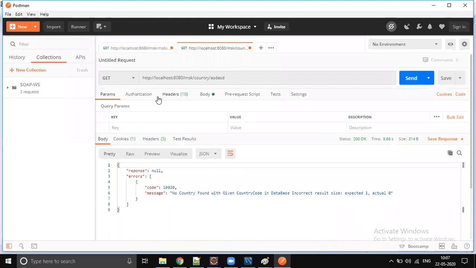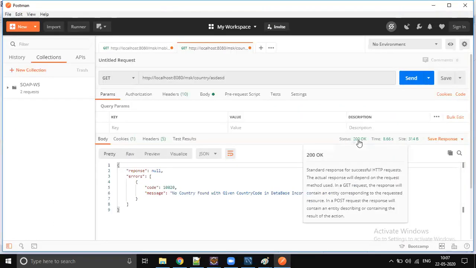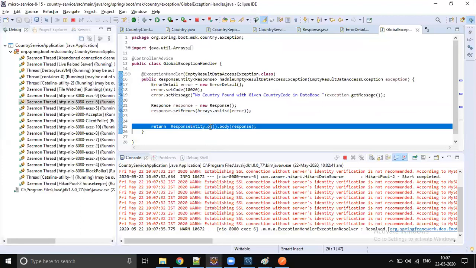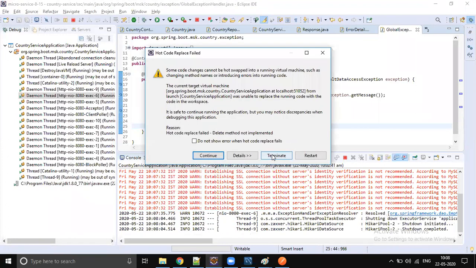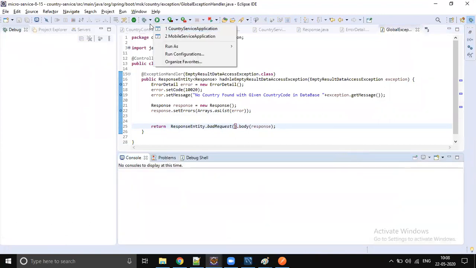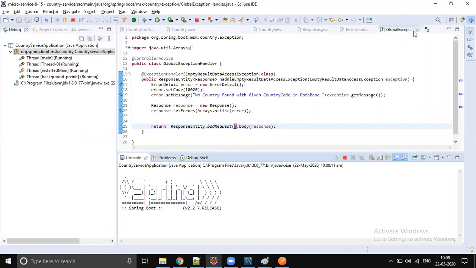So we need to return response entity, right? So that was the problem. Yeah. So at the same time, you should also return not a 200 status code. If it is a 200 status code, then what will happen? He will be looking into the response. So we should say bad request, right? The request which he sent is a bad request. So other than 200, he has to look into the rest errors, right? So yeah. So let's rerun the code. Okay, again I started in debug mode.